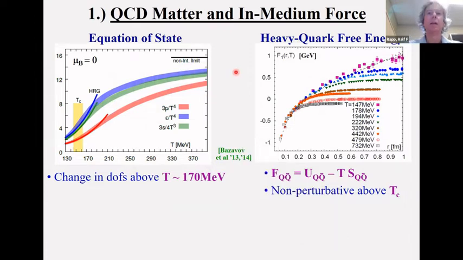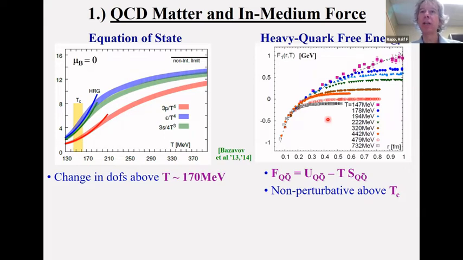Okay, there you go. All right, so I'll start out with some remarks on the general objective we have in mind: to really relate the properties of QCD matter to the underlying forces using heavy flavor probes. So we have these beautiful lattice results here for the equation of state, and I think we all know that this matter here, especially in the near TC region, is a very complicated one. But we also have information on the more microscopic properties in the heavy quark sector in terms of these very nice free energy data. Now, it's not exactly a force, although it will be related to one.